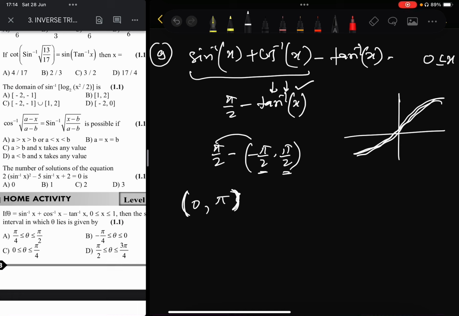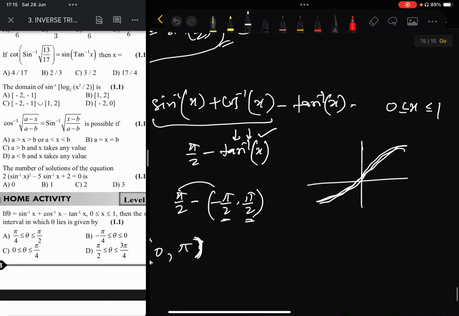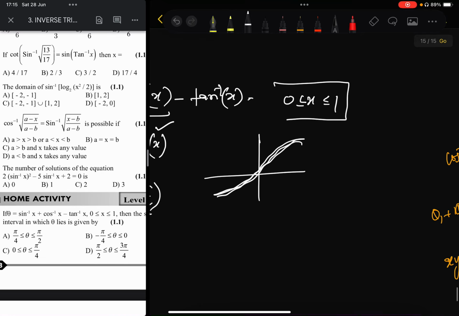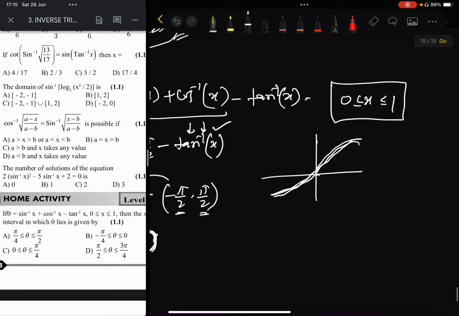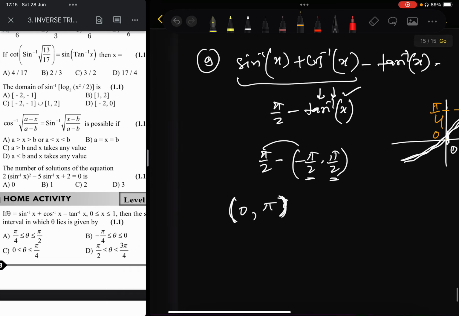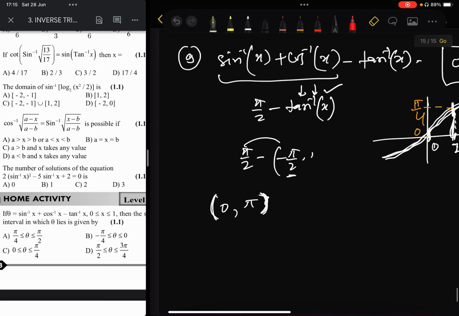So here, let me check also, because it is given there, 0 to pi minus tan inverse x. One more thing, because x is lying between 0 to 1 only, that is here 0 and here 1, only in this interval we need to find. In this interval of x, the value of tan inverse x is between 0 and pi by 4, right? So that means tan inverse x is restricted, so here we can put 0 to pi by 4, right?